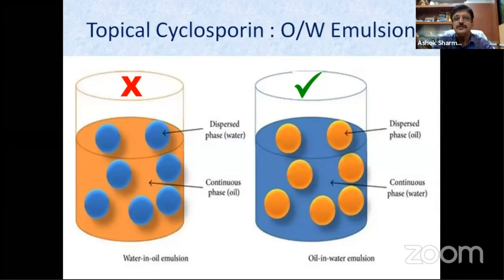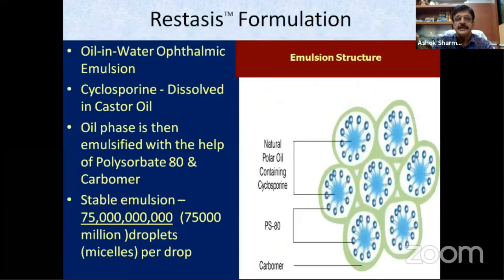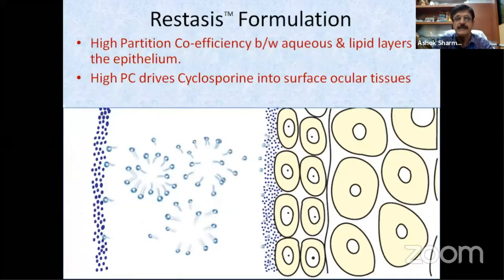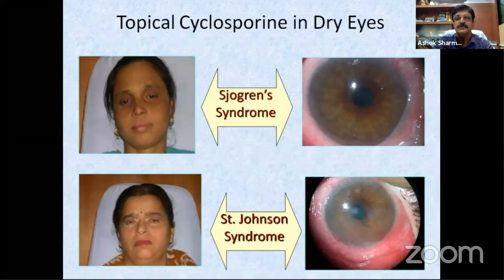So for topical cyclosporin, we need something like an oil-in-water emulsion. There is a preparation which is similar, and one drop of this preparation releases 75 million droplets. Because of this, the preparation has a very high level at the interface and is effective at a low concentration. Now, topical cyclosporin can be used in several clinical situations to decrease inflammation in chronic